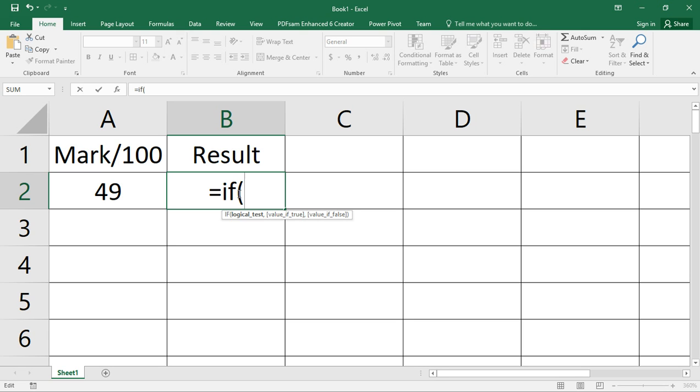The more I type the formula, it is giving me hints. Now it's saying logical test. That's the condition. If that condition is true, then it gives out this value, the value that I'm going to put next to the logical test.